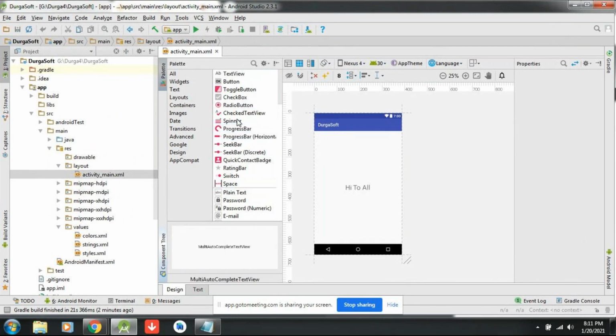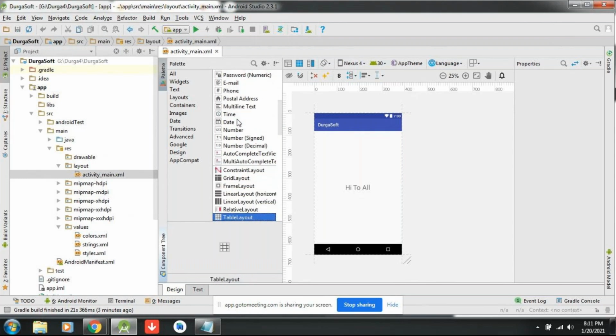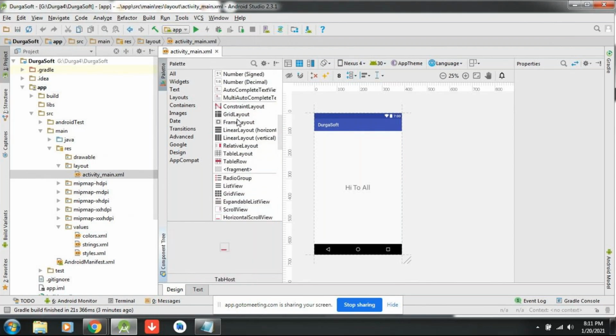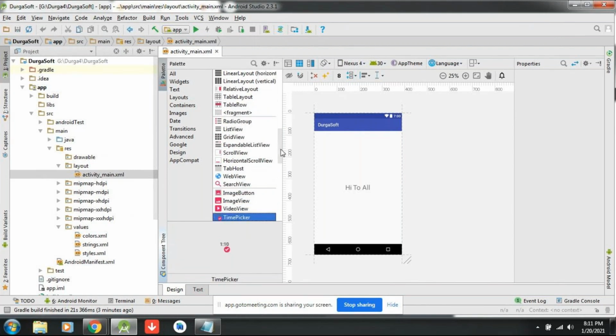Whatever is available in this palette window, by default, what do you call it? View. So view is a universal name.